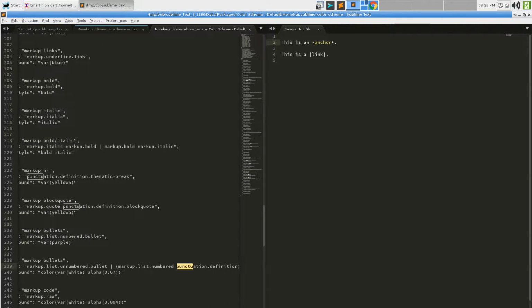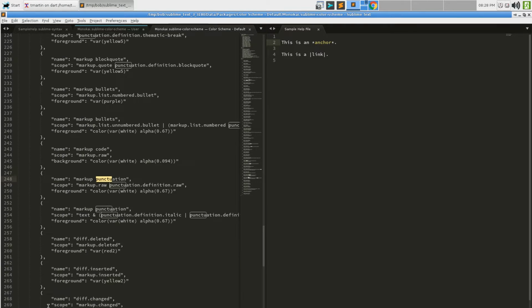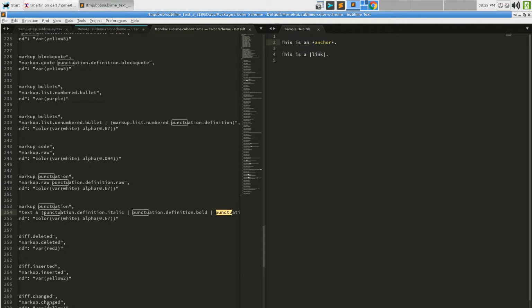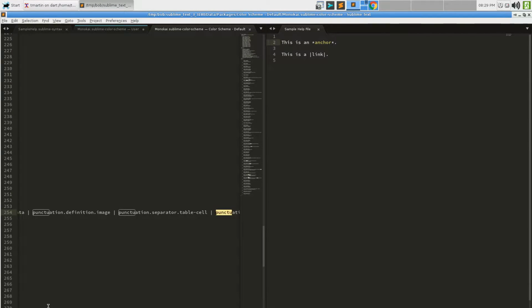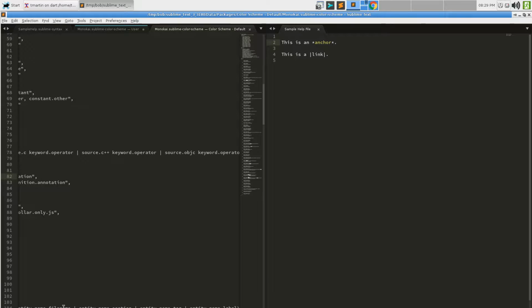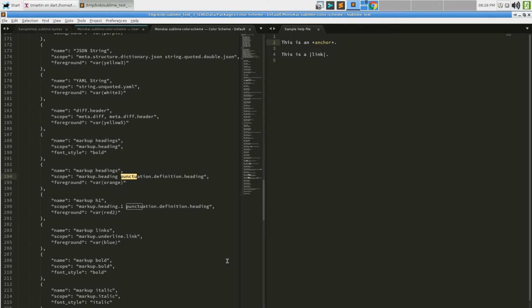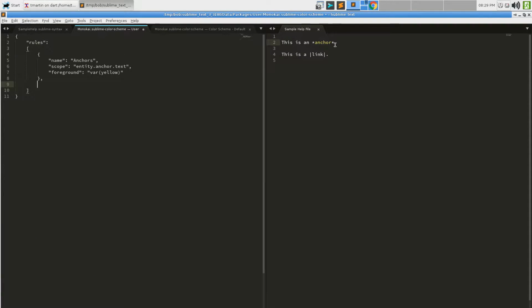And what's this one? That one's also definition. That one's definition. That one is too. So many of those. So I think what we're finding here is, yeah, there's just no scope. This might have already wrapped around. Yeah, there we go. So although this is punctuation, there's no scope that explicitly matches it. So it doesn't have anything fancy going there, right?